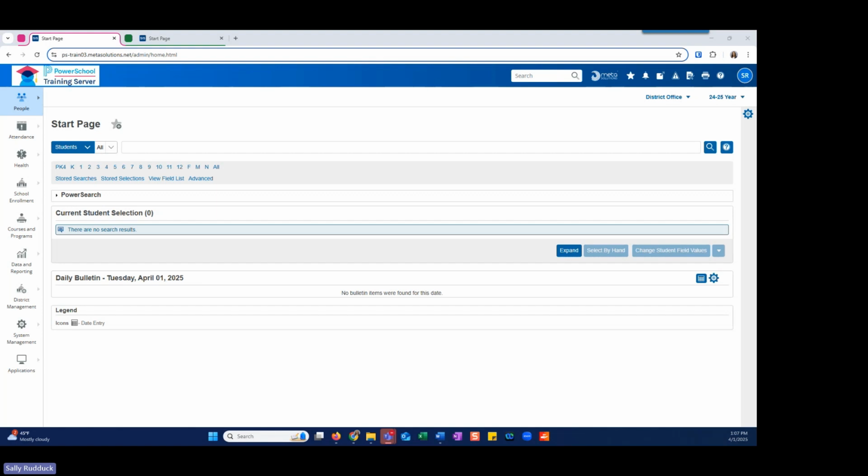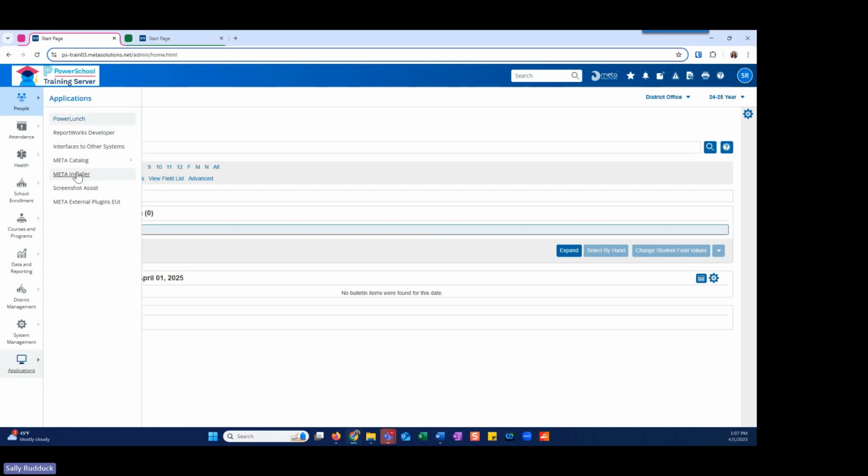With our member districts, we assist in the process of installing the Meta plugins that are associated with the catalog, and our external districts, you have the Meta installer for your availability to install and enable plugins as you see fit within your districts. So the first thing we're going to do is navigate to the installer. So within Applications, Meta Installer,